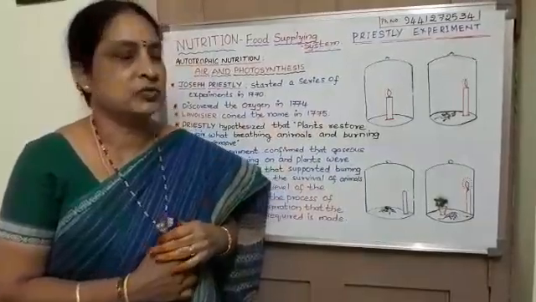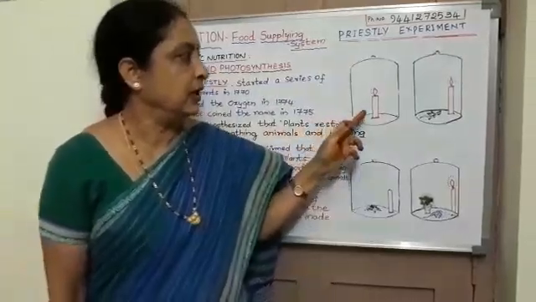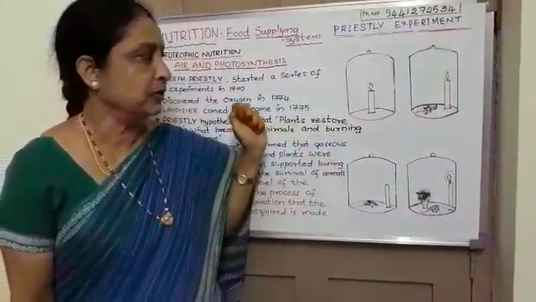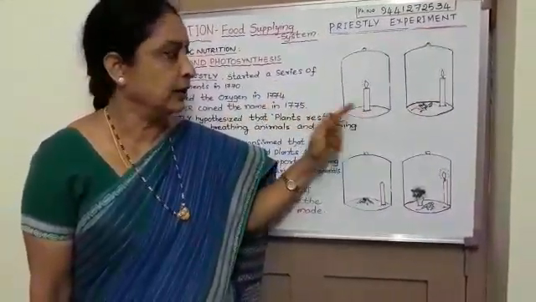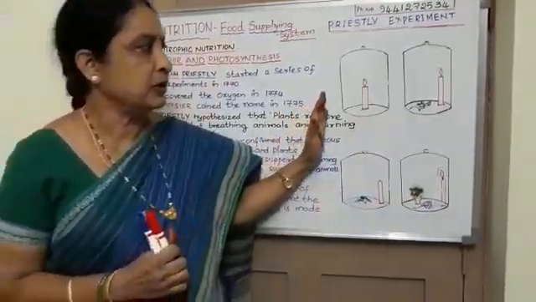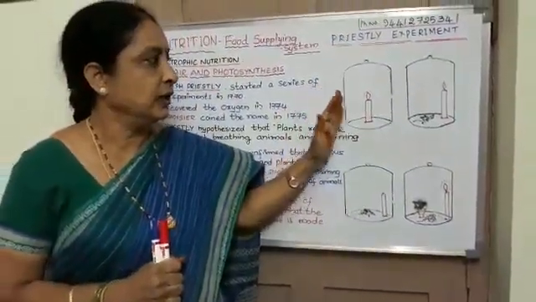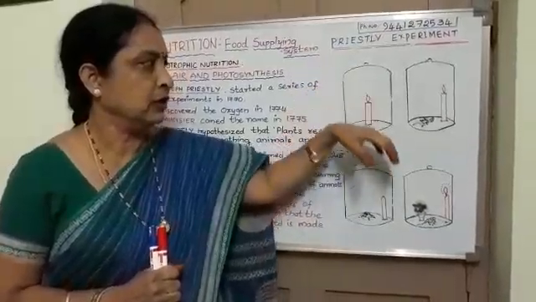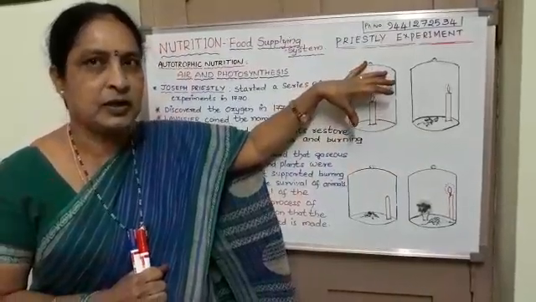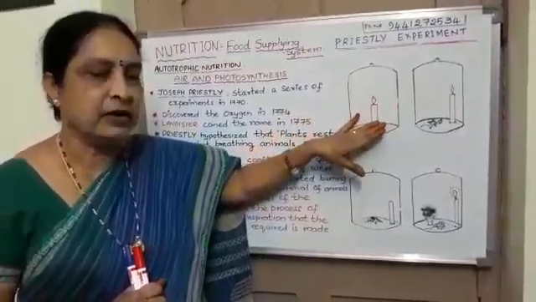Now we will discuss the experiment done by Joseph Priestley. He took some materials and some living beings for this experiment. They are a bell jar, a candle, a rat and a mint plant. He did this experiment in different phases. In the first phase, he lighted a candle and put the bell jar over it. We know that some air is inside the bell jar. After some time, he observed that the candle was put off.